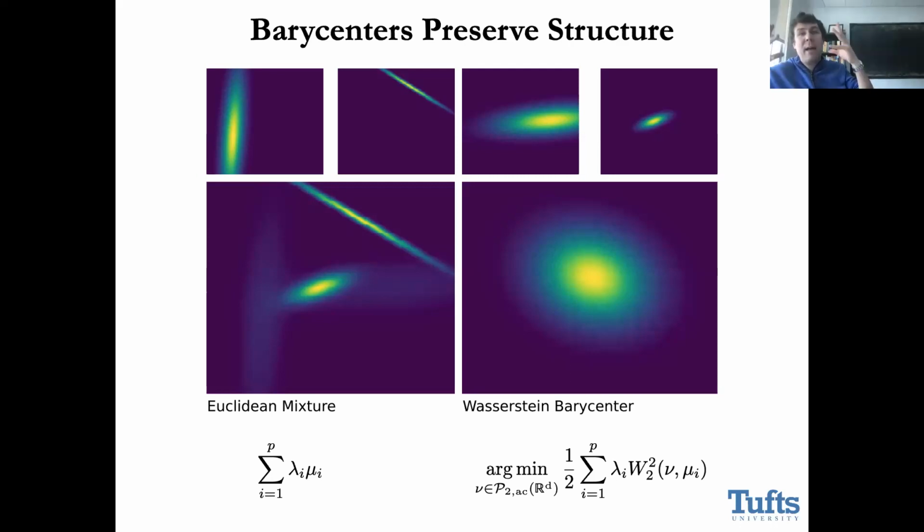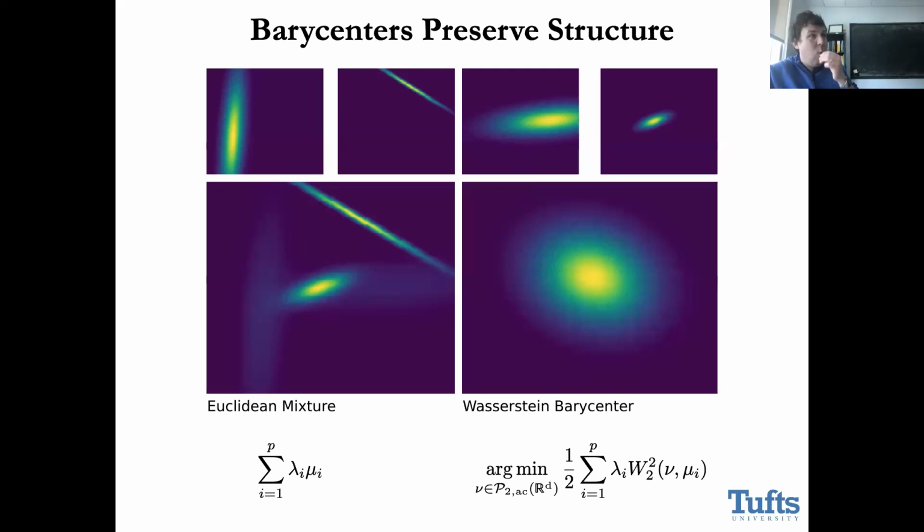So I want to understand how to combine these into a new measure. If I just take a linear mixture, let's say with uniform coefficients, then what I'm going to do is say, okay, 1/4 of the time I'll sample from the first measure, 1/4 of the time from the second, 1/4 from the third, and 1/4 from the fourth. And if I think about that induced measure, it looks like what's on the bottom left here, which has a